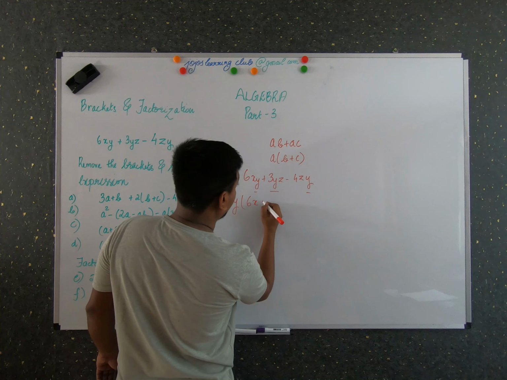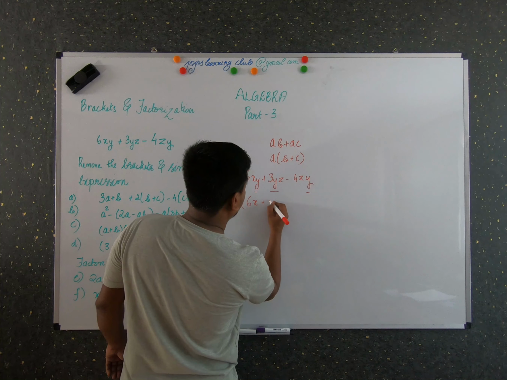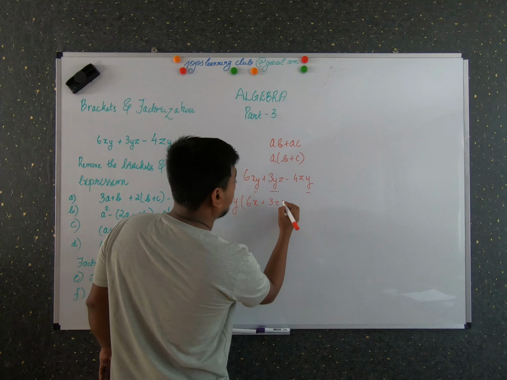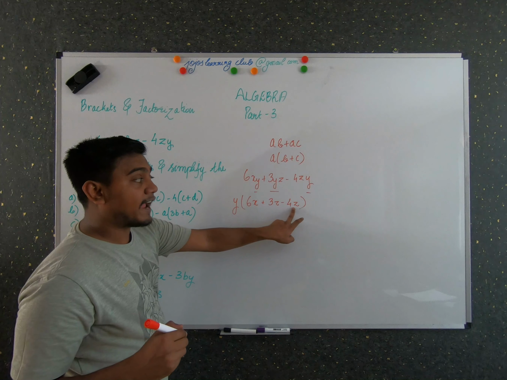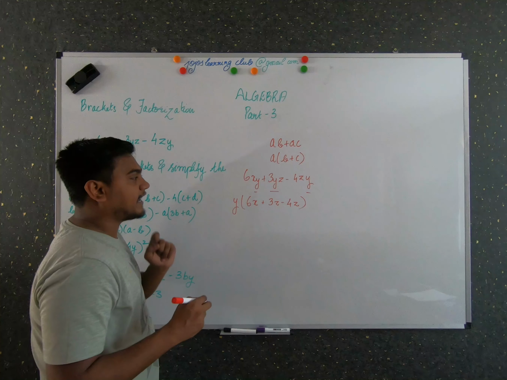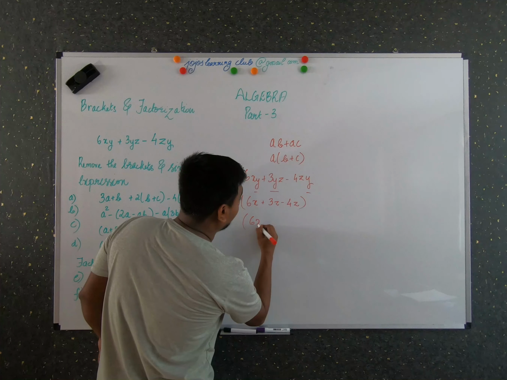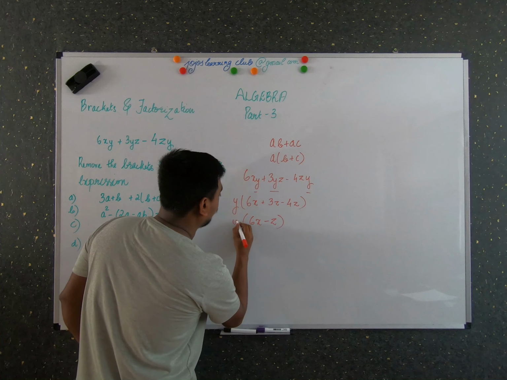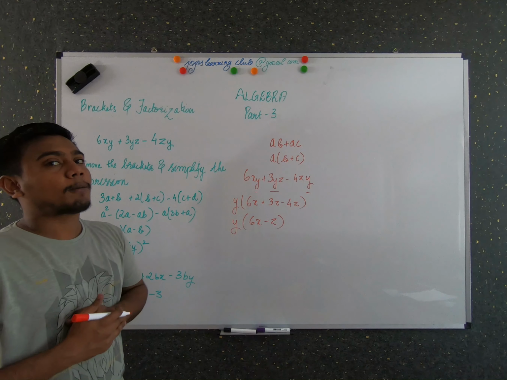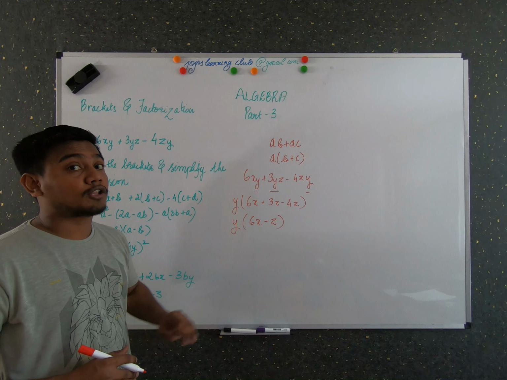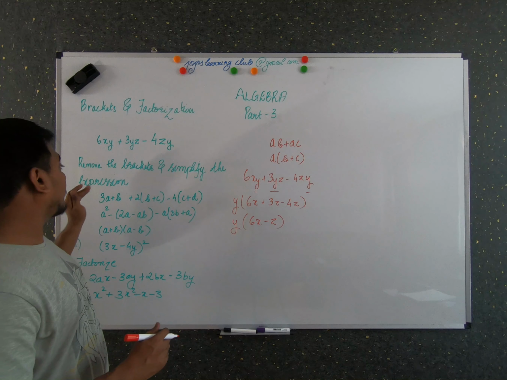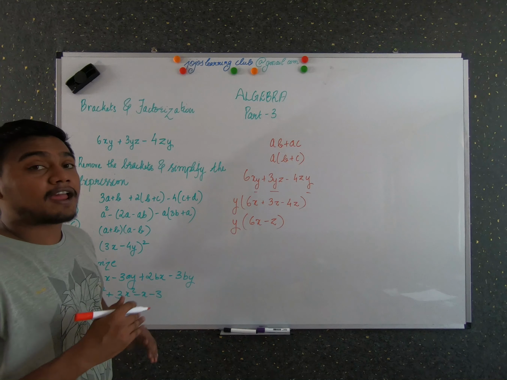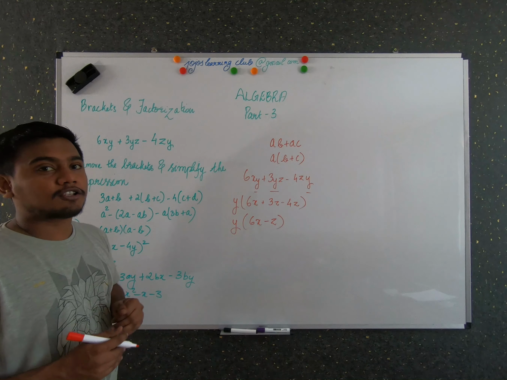3x plus 3z minus 4z. Again, you see that 3z and minus 4z are of the same expression, right? So you can simplify it and write it as minus z into y. So this is all about factorization, factorization to the lowest possible. Now let's do some problems from A to F, and you will get a better understanding of algebra.